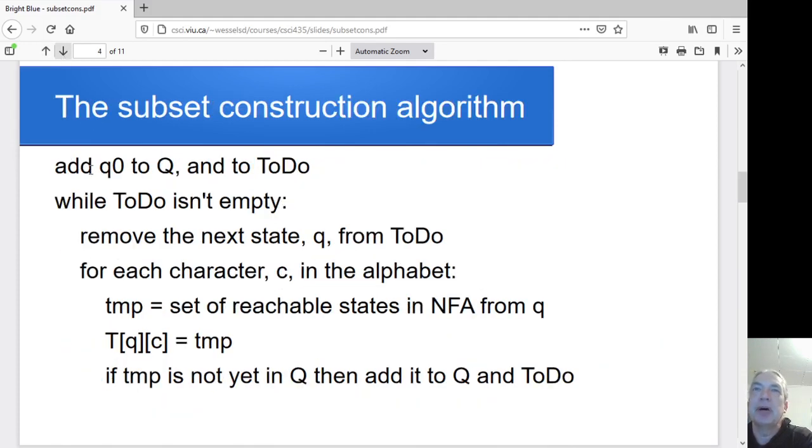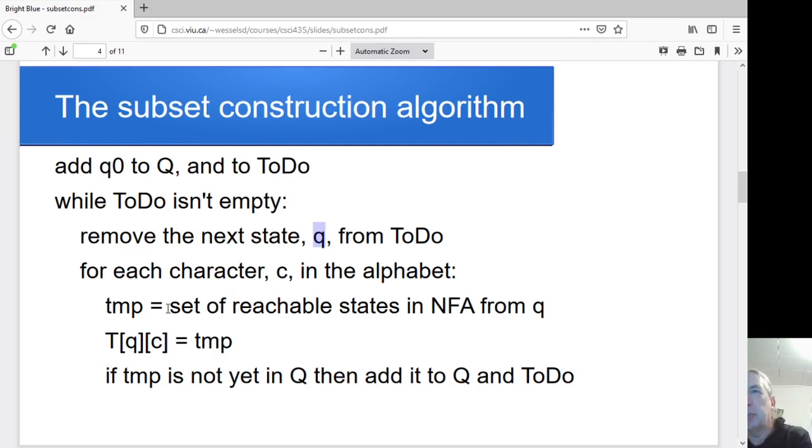So I add Q0 to Q to get things started, and I add it to my to-do list, and then I go into this while loop. And the while loop is basically saying, while there's still things I have to process, keep going. So while the to-do list isn't empty, grab the next state, remove the next state from the to-do list, and we'll process it. And the way we'll process it is to say, okay, for each character in the alphabet,